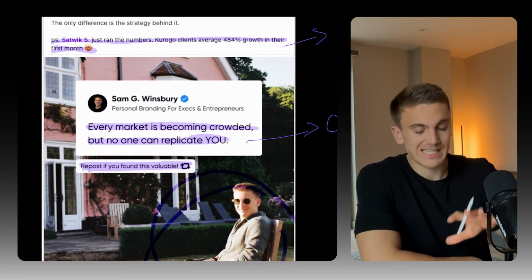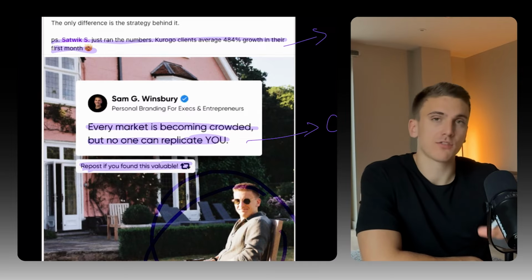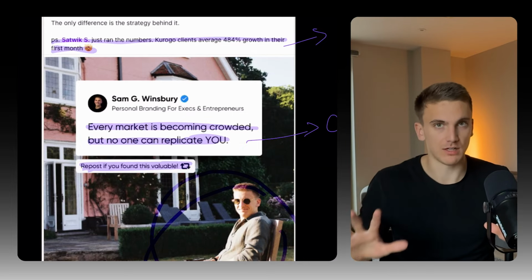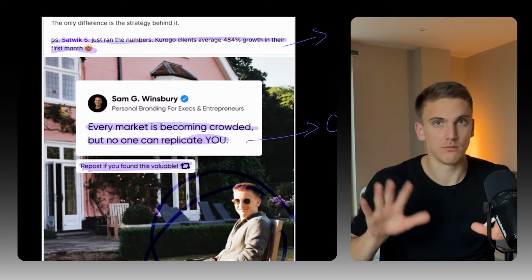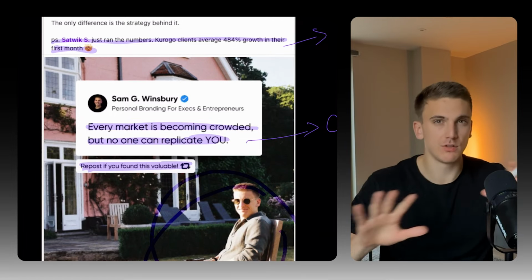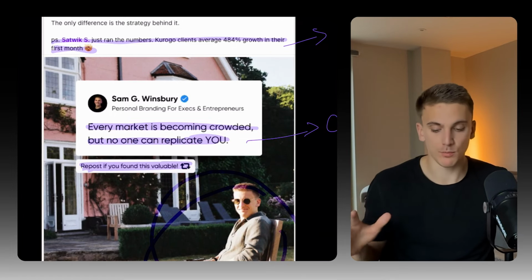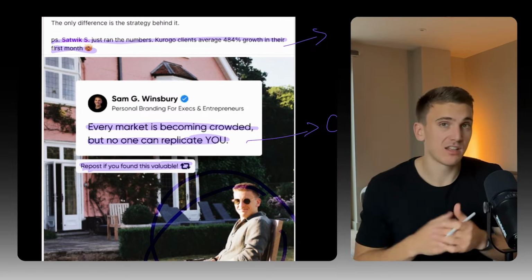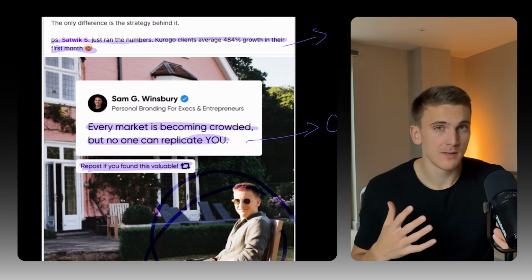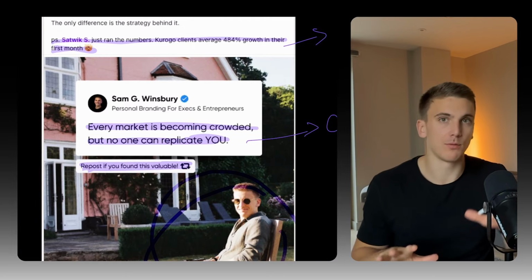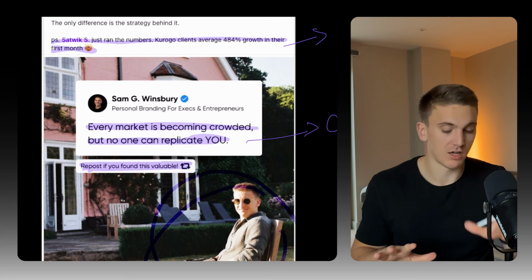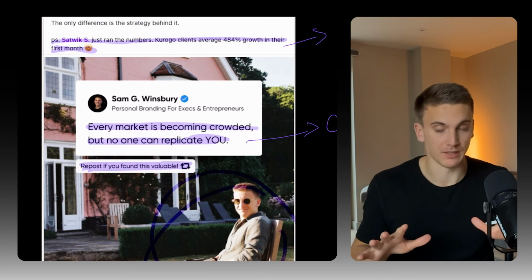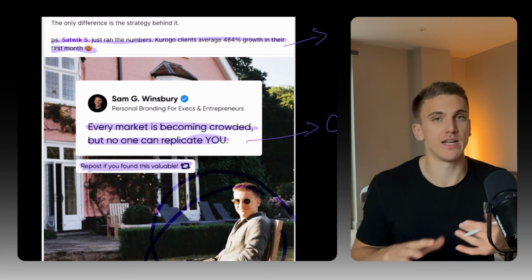So this quote makes sense on its own. If they just read the quote and didn't read the content, it would still make sense. Equally, if they just read the content without seeing this quote, it would make sense. So I've got two opportunities to capture people here. A lot of people, what they'll do is they'll just post text-only content, which is not necessarily a bad thing. There are some times where text-only does work, but you're missing out on that second opportunity to capture engagement from the large proportion of your audience that realistically probably won't read the whole thing. So adding complementary creative allows you to capture that.